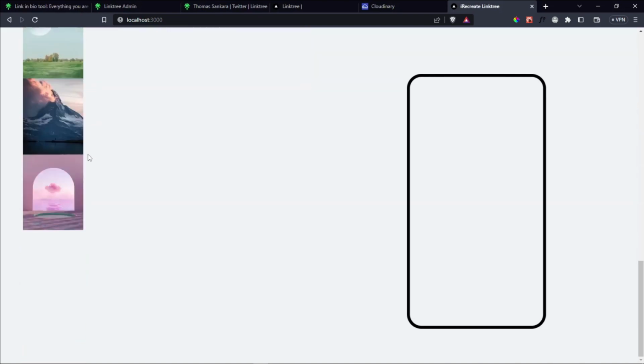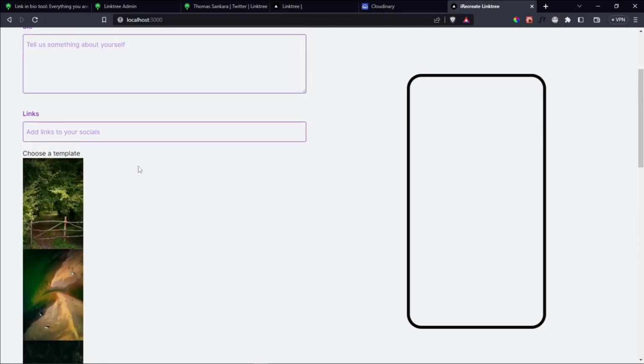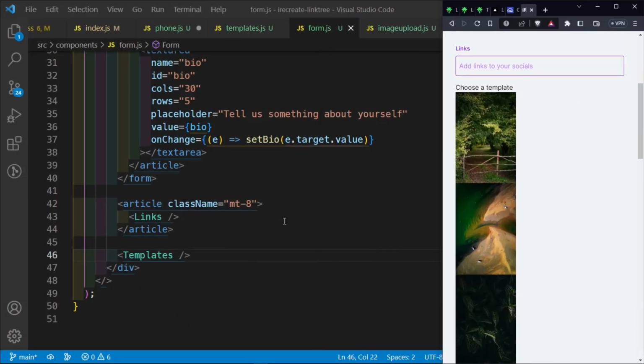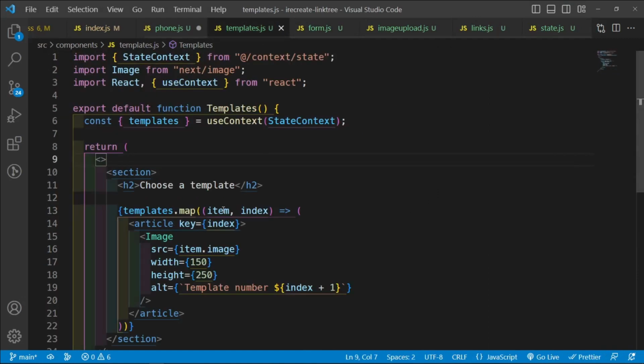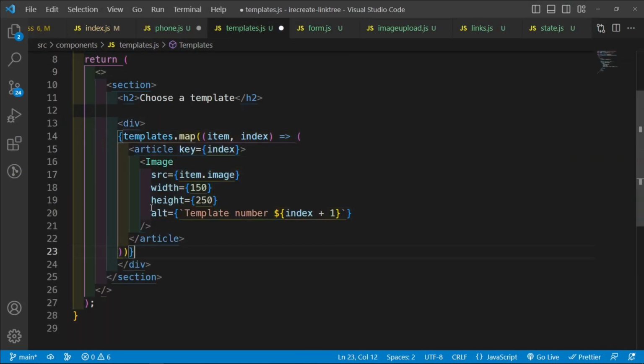Took a while to load in. Okay, so you're going to have all of this. Now let's go ahead and style this out because I want them to be aligned like 1, 2, 3, right? But for mobile, obviously, I don't want them to be aligned as 1 to 3. So for mobile, let's do this inside templates. Let's go ahead and grab this, place it inside the div so that we can actually style it out, and